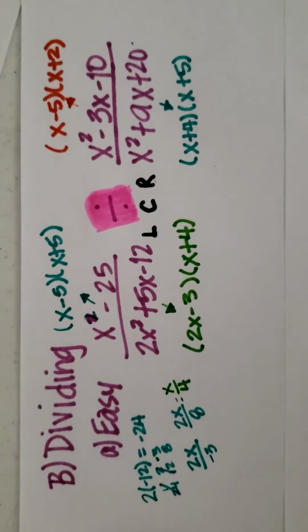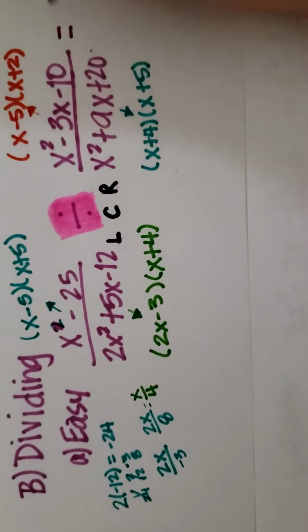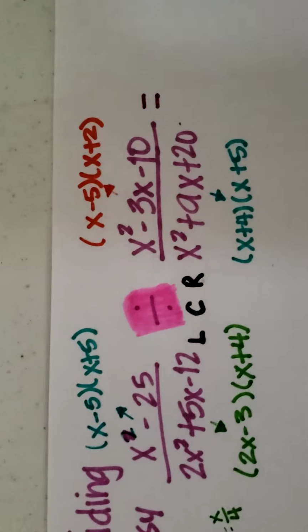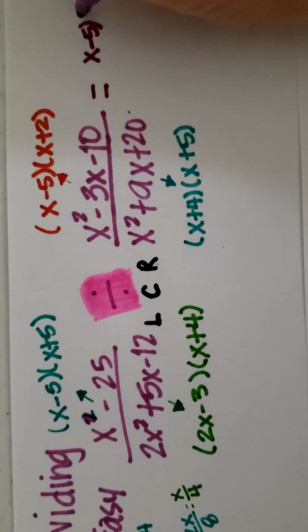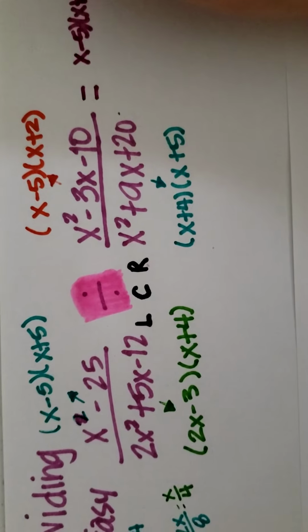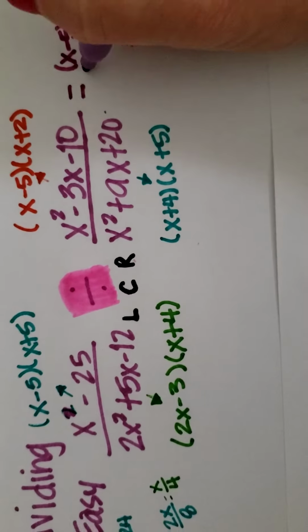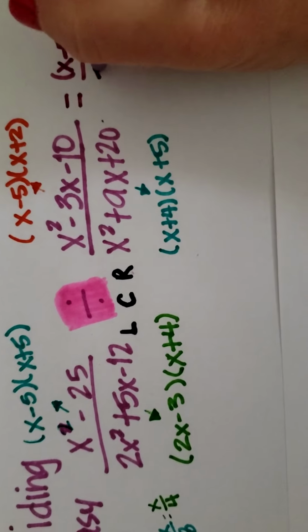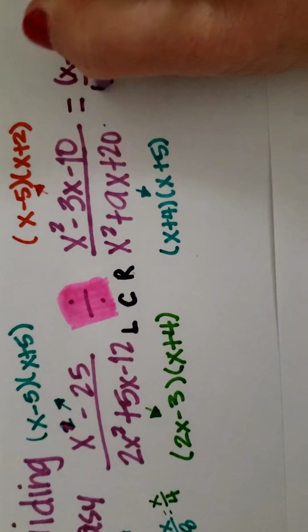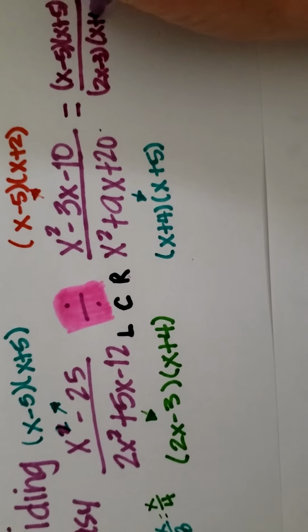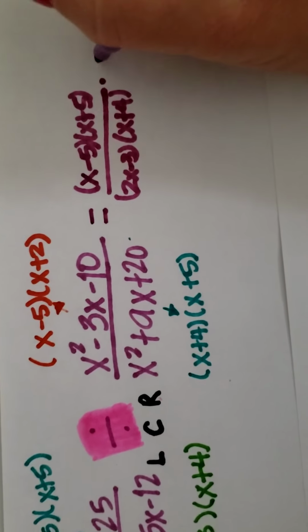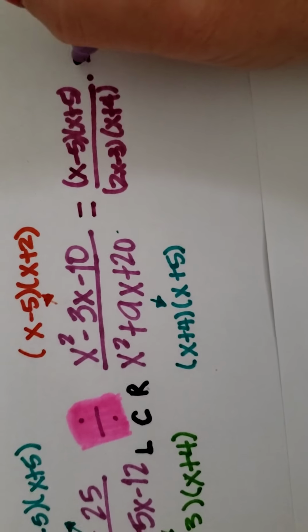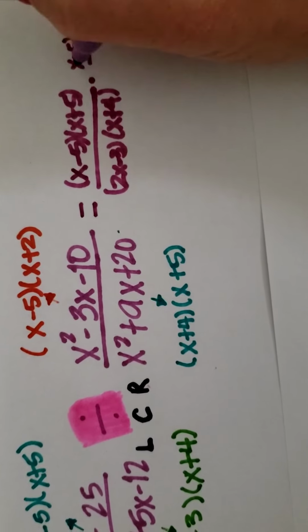All right, so let's move this over. Okay, so I have x minus 5, x plus 5 over 2x minus 3 and x plus 4, times now our x minus